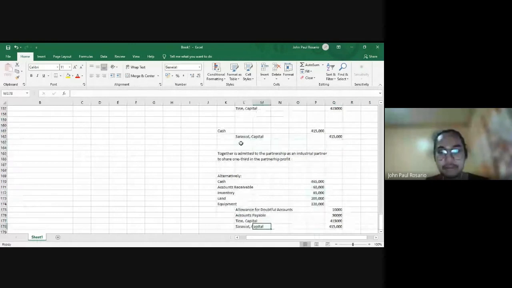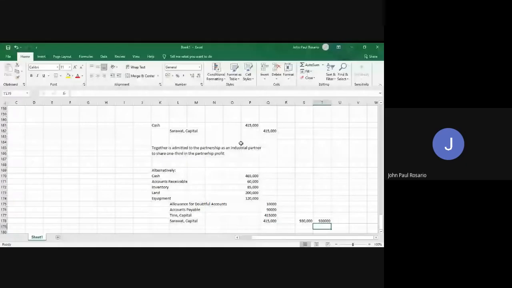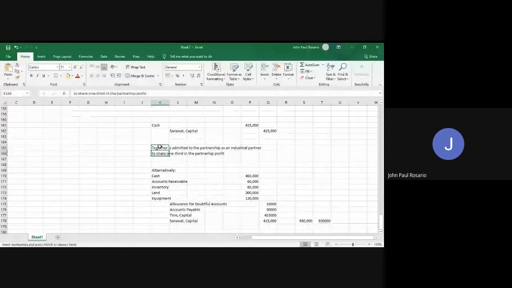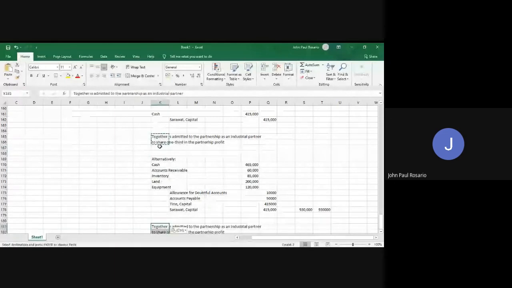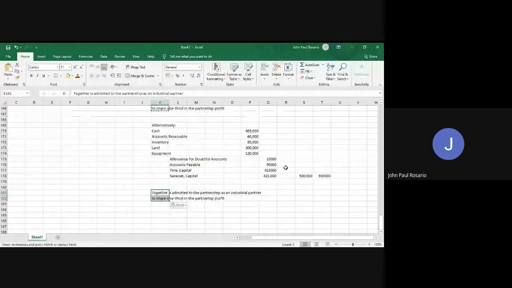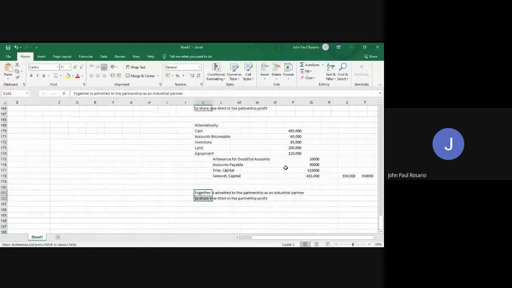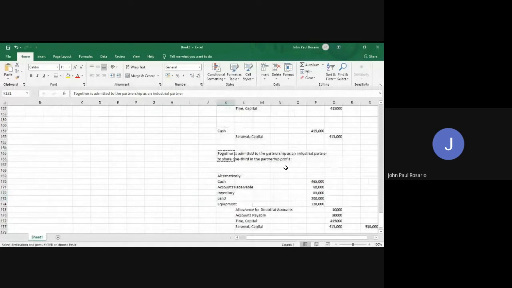Added here. So to check whether the debits and credits are equal, we simply have to add all the debits, then the credits. Equal. And then you also make an entry for the contribution, which together is his industry. Okay? So with that, we're done with the sole proprietor and individual, then the new partnership books, and then the old partnership books.